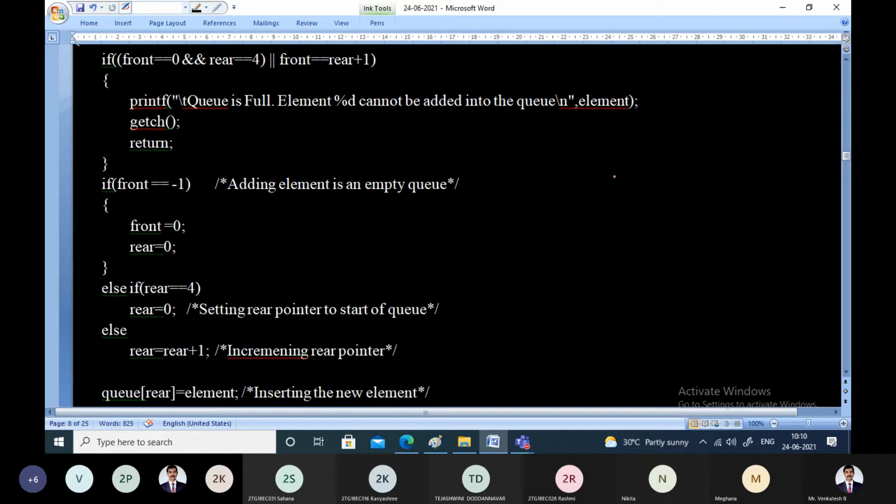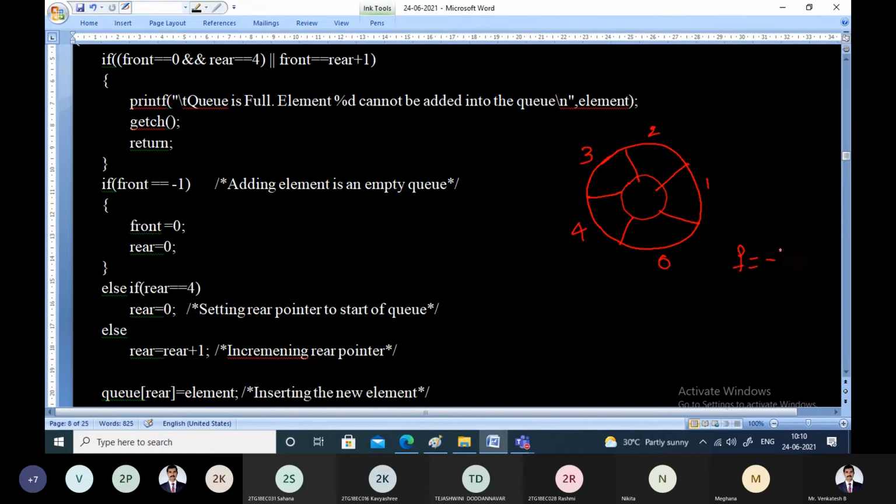So what we are checking here is the insert operation onto the circular queue. Our circular queue, I'll try to draw it here. Right, this is the circular queue that we have. The size for that circular queue is given as 5, so index 0, 1, 2, 3 and 4. And in the initialization part, front is pointing to -1, rear is also pointing to -1. This is what we have in our hand now.